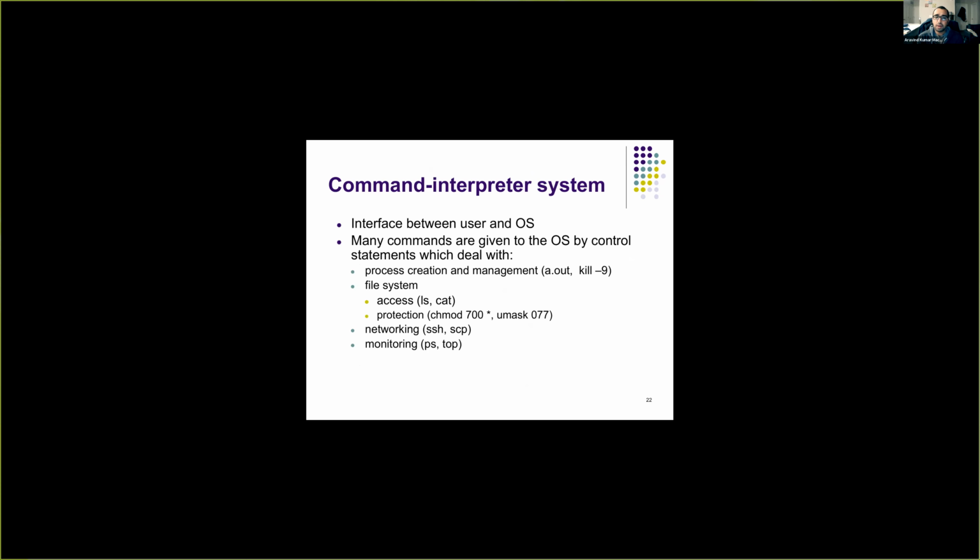And finally, we have the command interpreter system. The command interpreter system is the interface between the user and the operating system. Basically, this is the way in which a user interacts with the operating system. The way it works is there is a predefined set of commands that the operating system can understand, and whenever the user provides these commands, the operating system will perform the corresponding